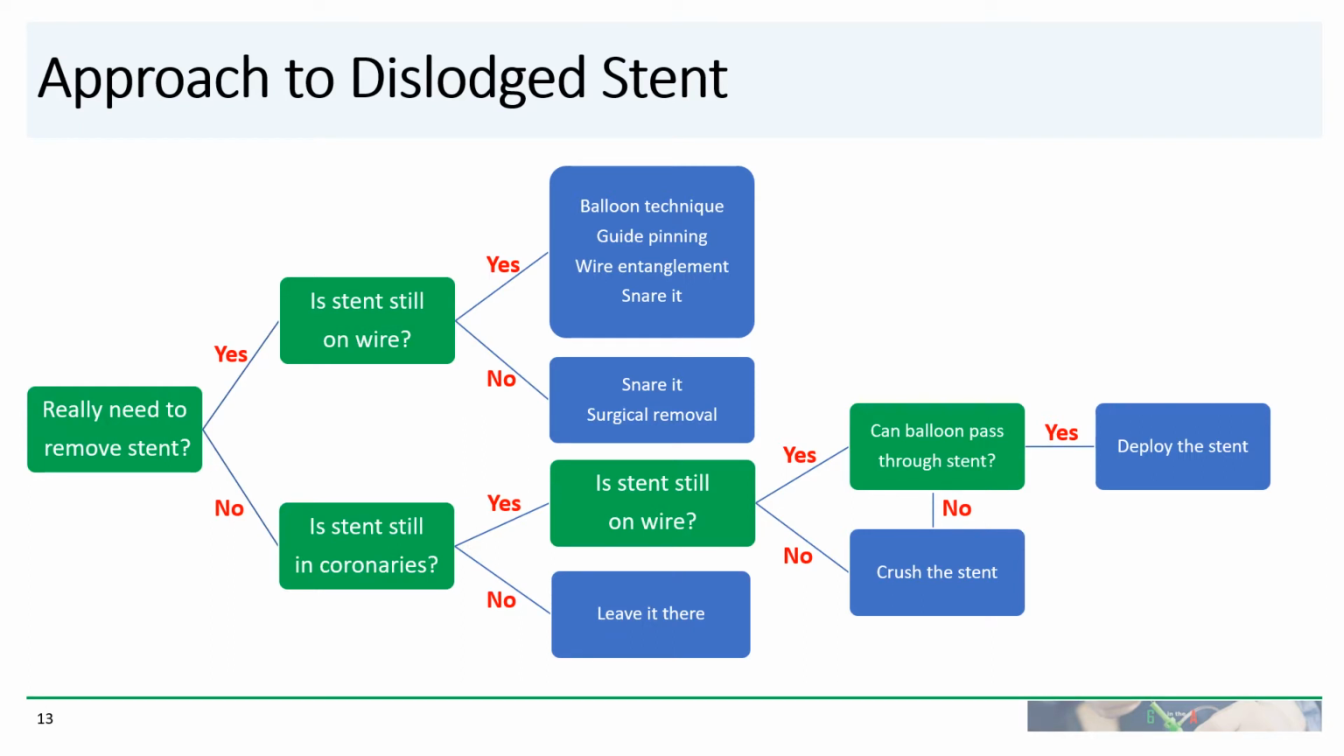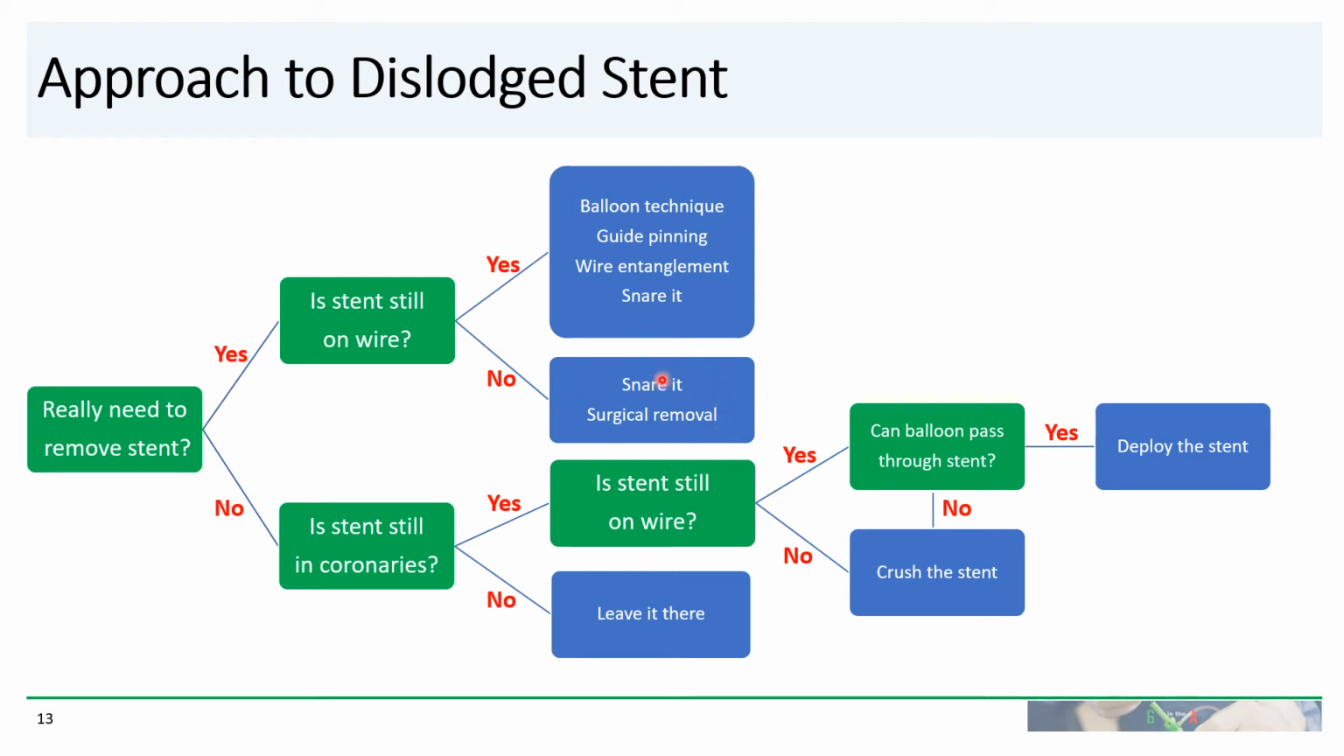So how do you approach a dislodged stent? Well, here's a decision tree that I find to be quite useful. The first question you ask is whether you really need to remove the stent. If the answer is yes, then you ask yourself, is the stent still on the wire? If the stent is still on the wire, then there are several techniques that can be used to remove the stent. Those include the balloon technique, a guide pinning technique, a wire entanglement technique, or snaring it. If you have to remove the stent but you've lost wire, then your only options are really to snare it